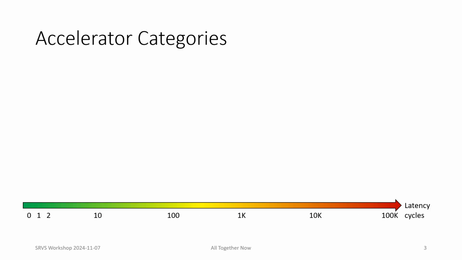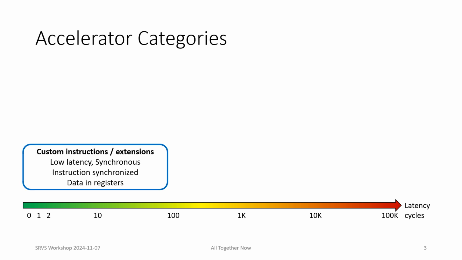We can categorize all these accelerators according to how software manages and interacts with them. Most fall into three categories. The first is accelerators that provide a set of custom instructions, called a custom extension. They tend to be low latency, synchronous, and trivially synchronized to the instruction stream. While some may access shared memory, all benefit from super-fast direct access to CPU state, such as the integer or